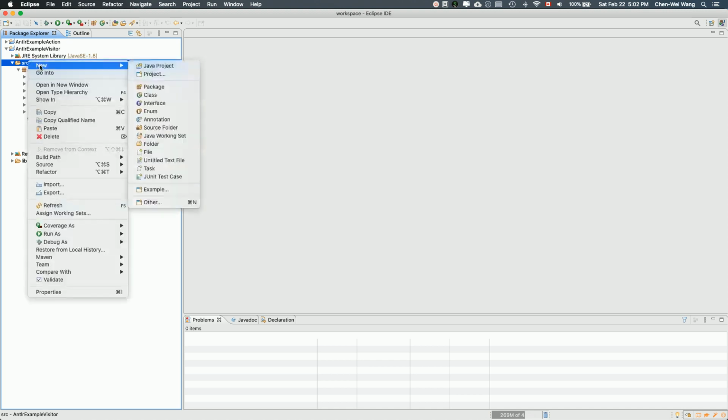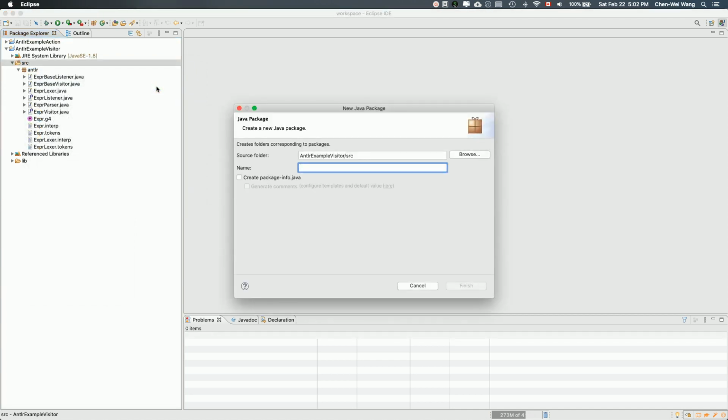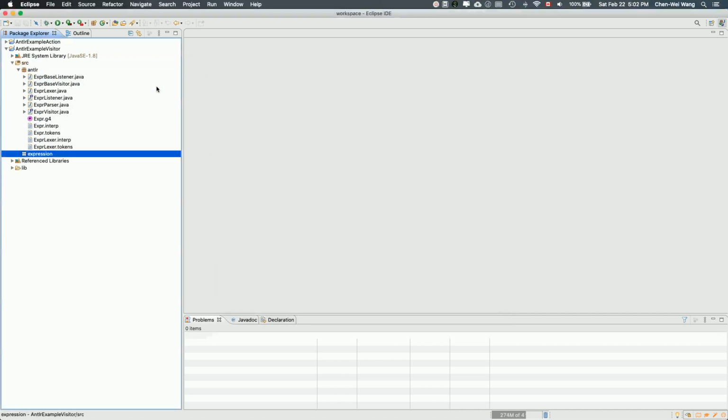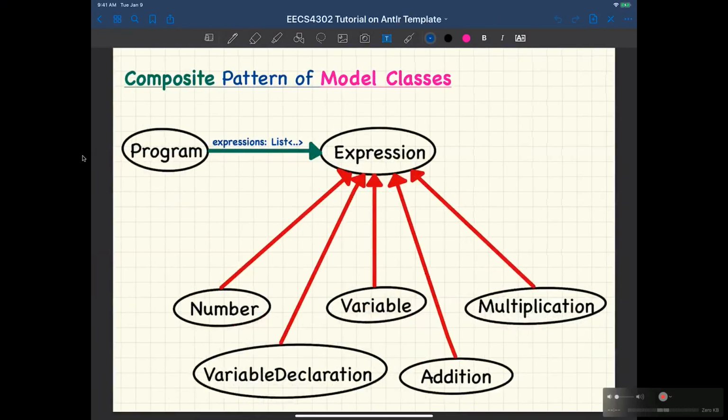Right-click on the source and say New Package, and then we'll say Expression. Okay, and then we're going to create several classes over here. Before I go ahead and implement the classes along with you, I would like to talk about the design of these classes. Let's go over the hierarchy over here, and this should be very familiar to you